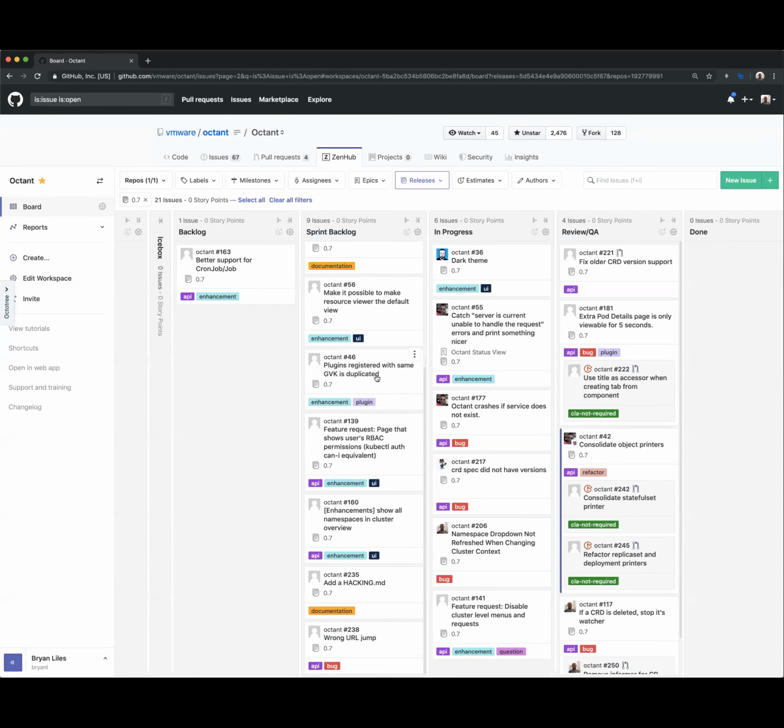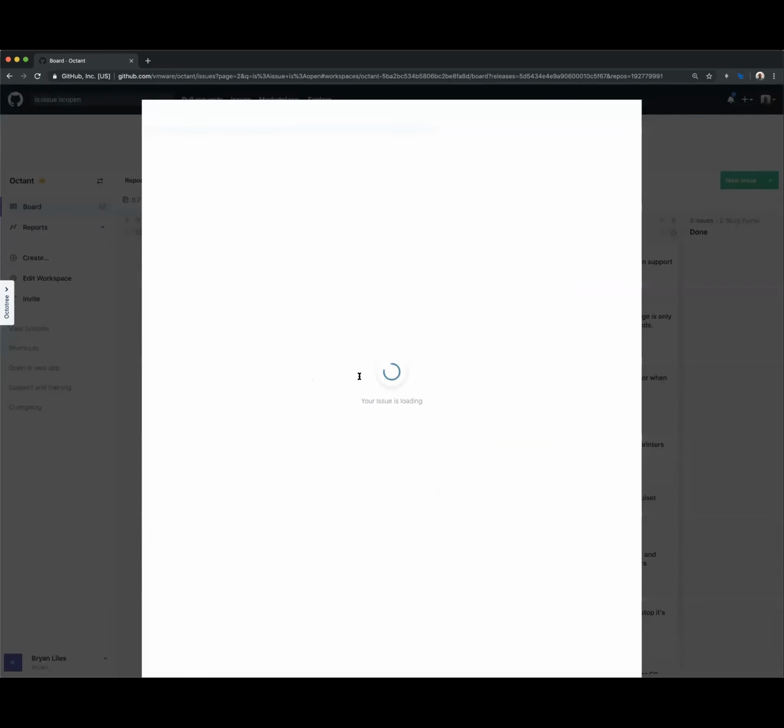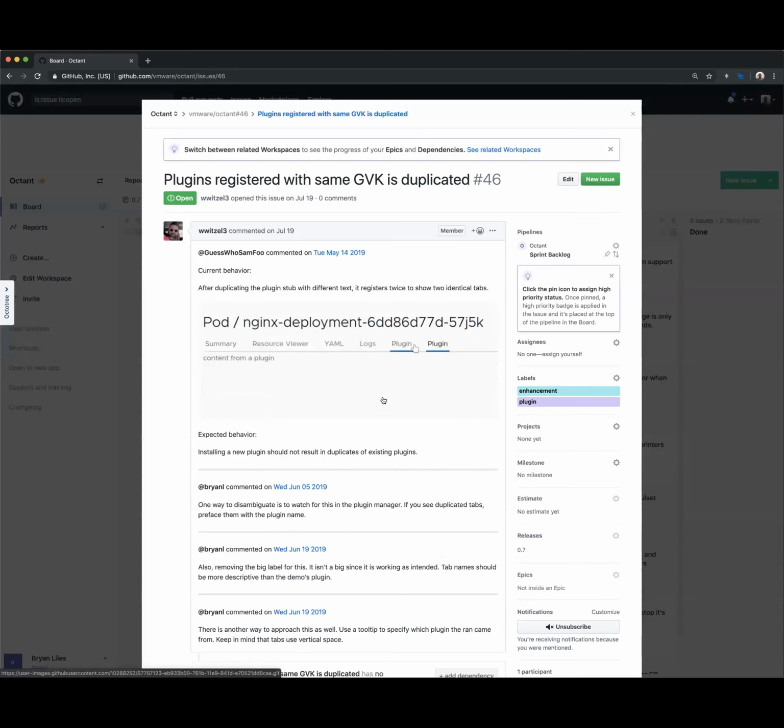And this next one, 46, is plugins registered with the same GBK is duplicated. I'm standing firm on this one. This is not a bug. It's actually a feature. The real problem is that we don't have an answer for what happens whenever you name plugins the same thing. And coming from the community, the plugins could be the same thing. So I don't know, and actually I'm still looking for more input on this one of what we should do,